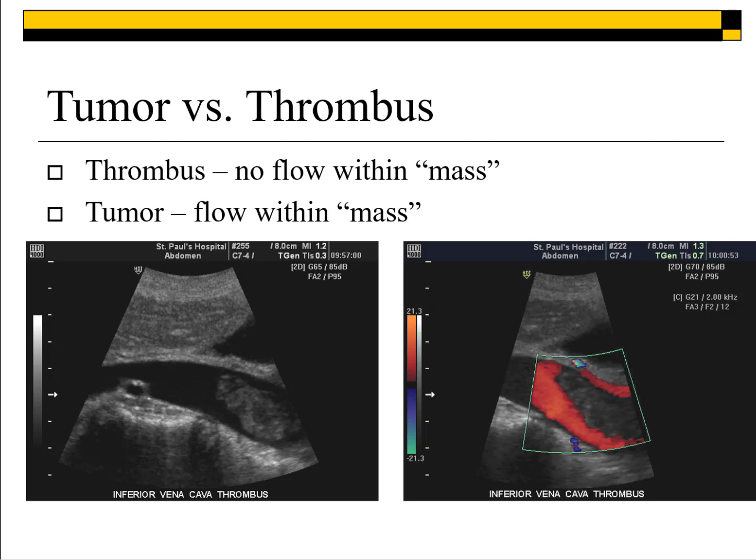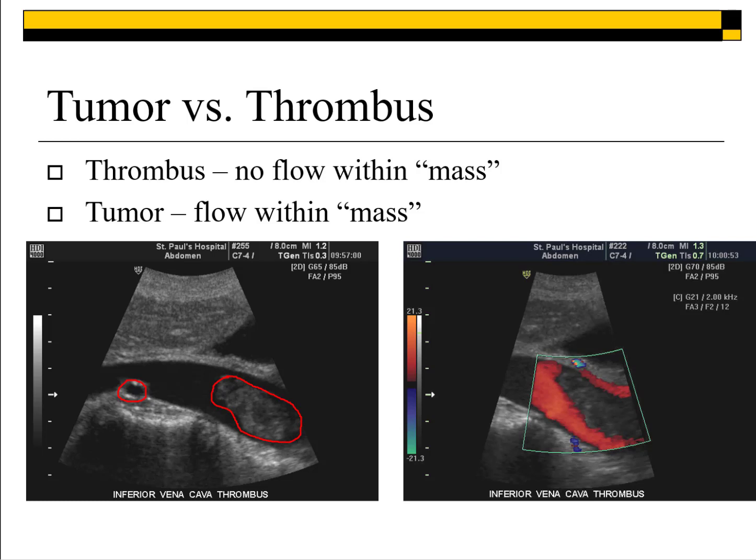All right, so you can see in this image, we have an echogenic structure within this vein. And how do we know this is the IVC? It's labeled on here for inferior vena cava thrombus, but how would you know if just looking at this and it wasn't labeled? I hope that you identify and recognize this. Remember, nothing generally lives behind the IVC except for the right renal artery. So that's the right renal artery posterior to the IVC, and you can see this kind of echogenic structure within